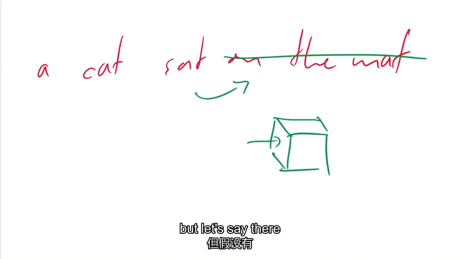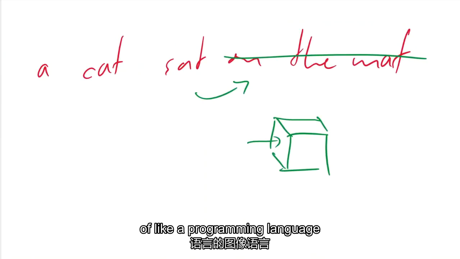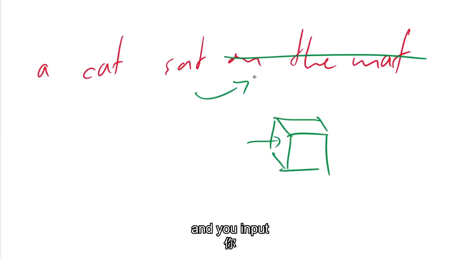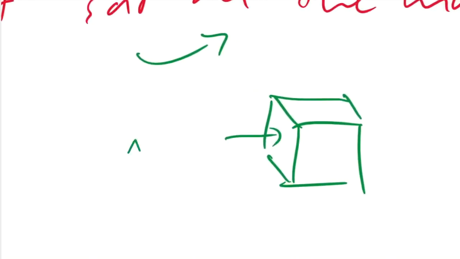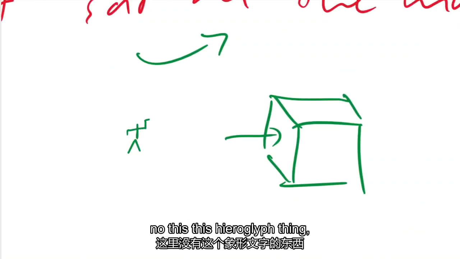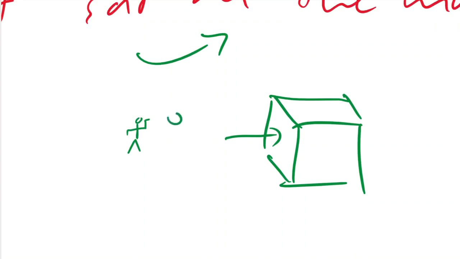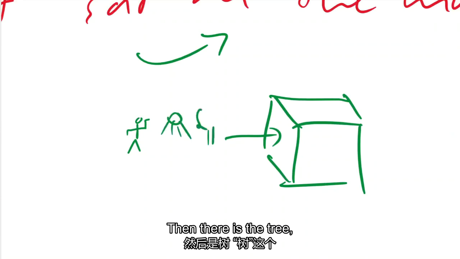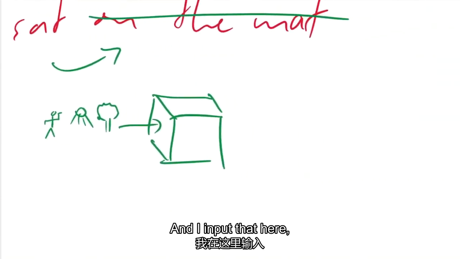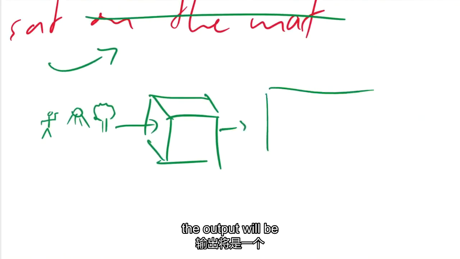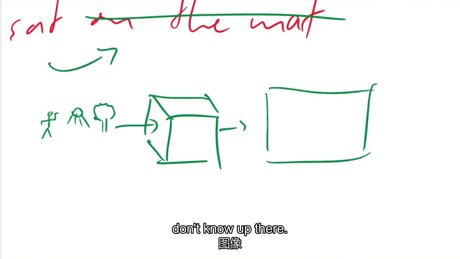Let's say there is an image language, like a programming language, and you input symbols into it. It's a bit like Egyptian hieroglyphs, maybe. So here is this hieroglyph thing, and then there is the sun, and then there is the hieroglyph for tree. I input that here, and the output will be an image where, I don't know, the sun is